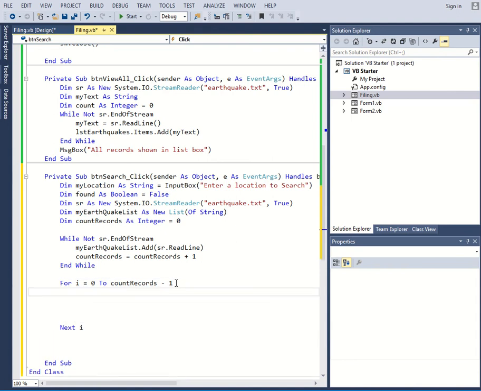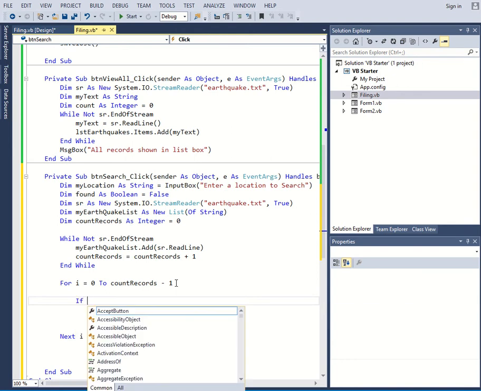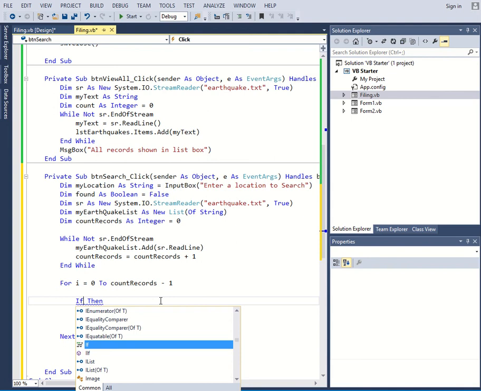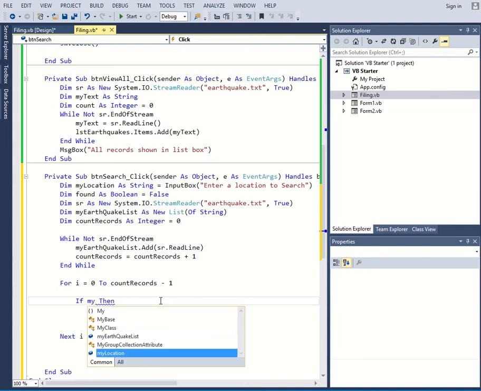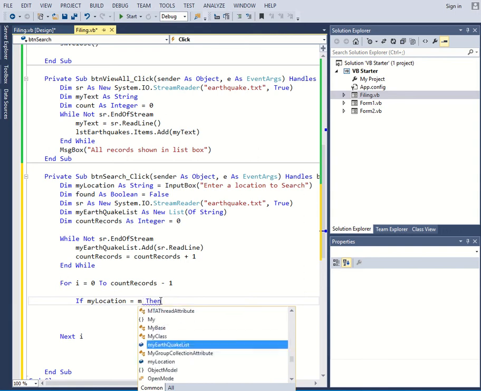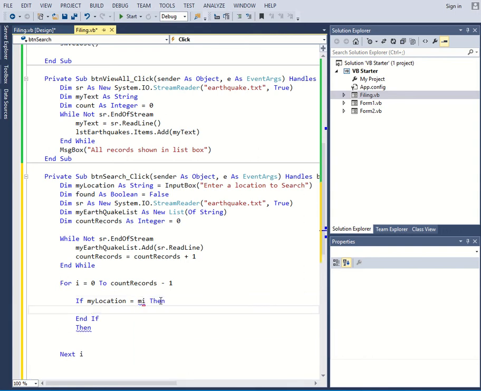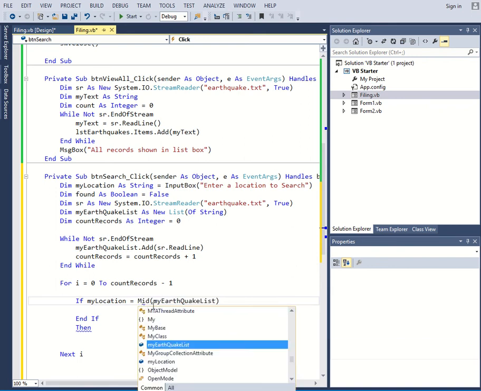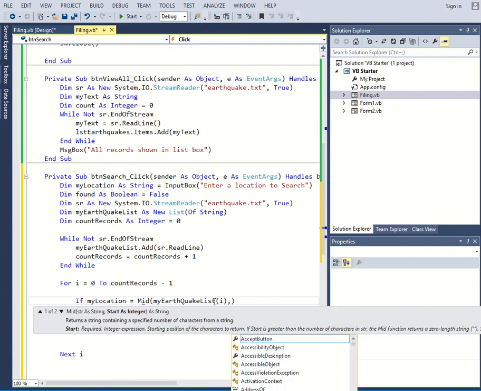And this is where we're now going to say: if my location equals Mid, open brackets, my earthquake list, row I, comma,